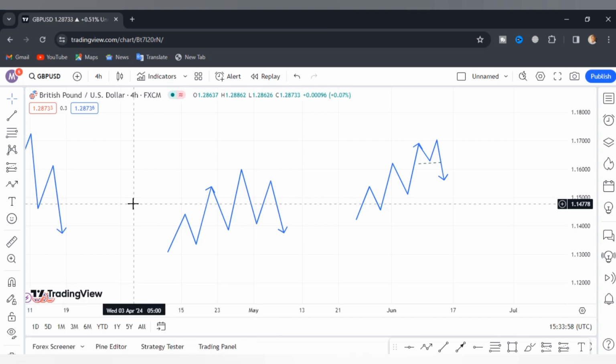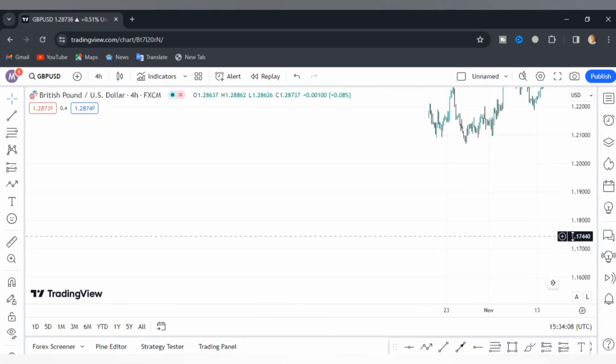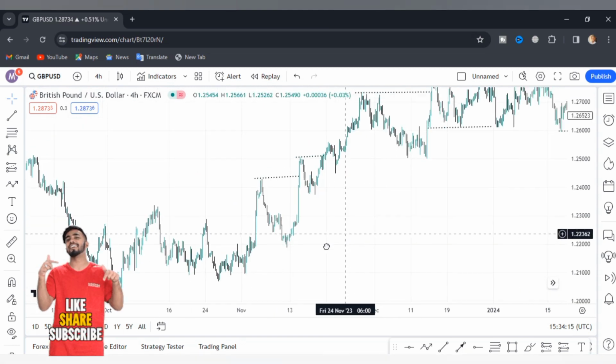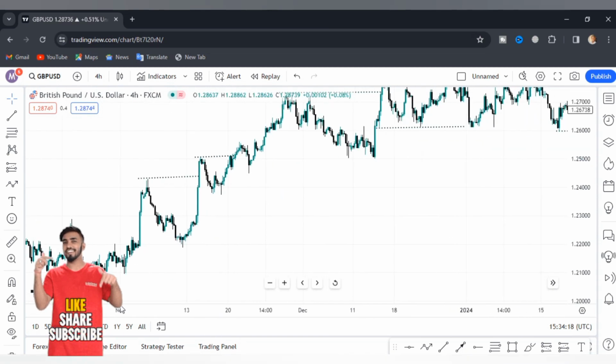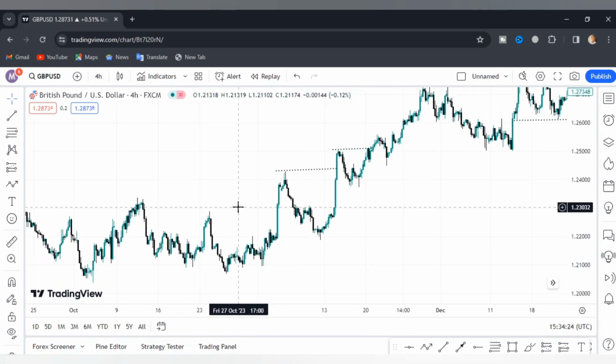So let's go to examples and trade setups using market structure. So now we're going to our charts to see the examples and the trade setups using the market structure. So guys, when you come on your charts, you shouldn't waste too much time. You should be able to see where the market is trading, in just 3 seconds or 5 seconds, you'll be able to identify whether the market